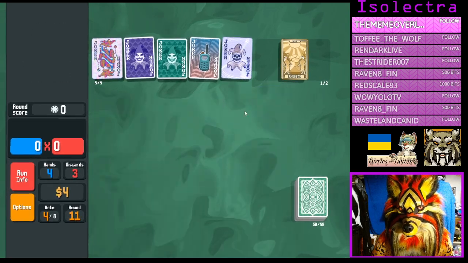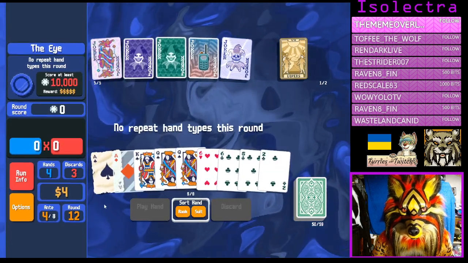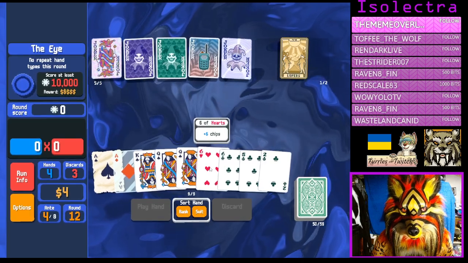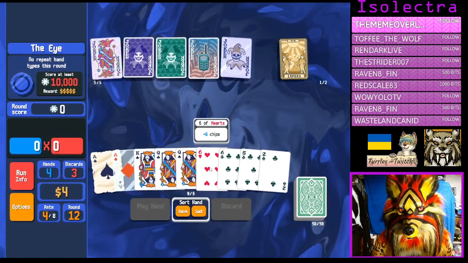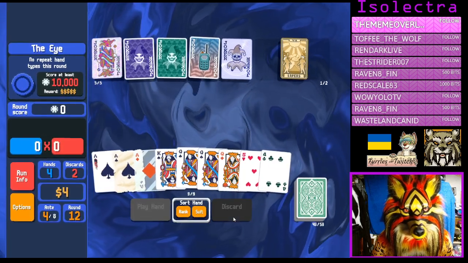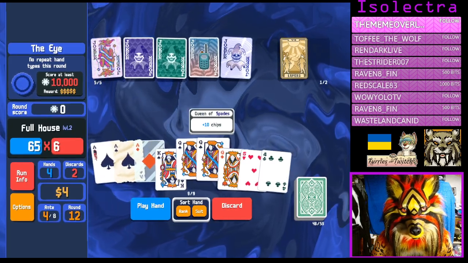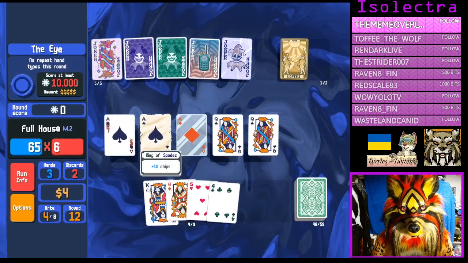No repeat hand types this round. Alright, that's quite doable. We would need both a jack and a 10 for that to work, but that's very acceptable. Full house with black queens, so